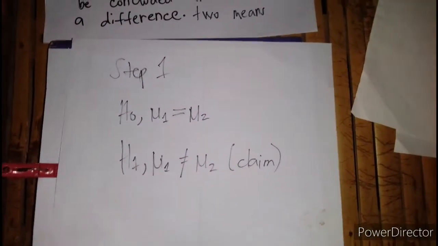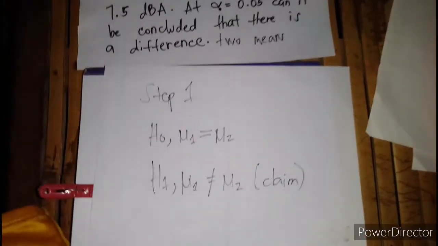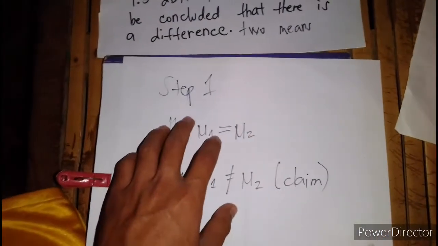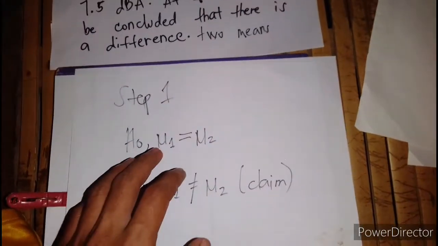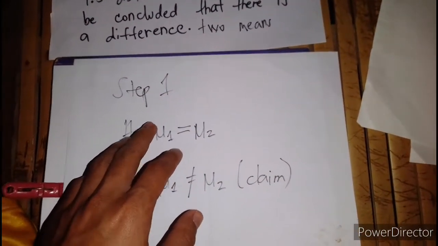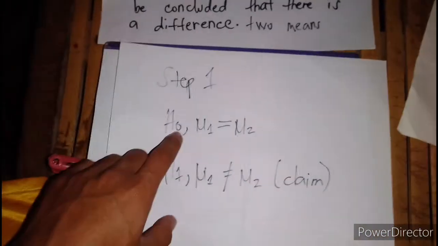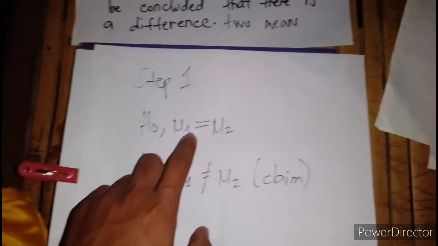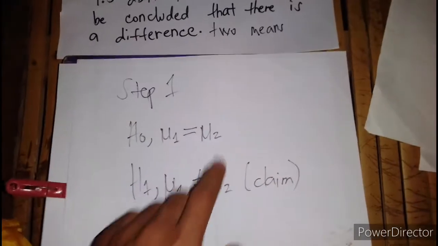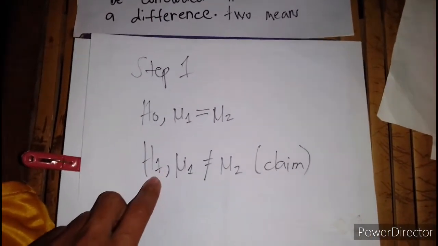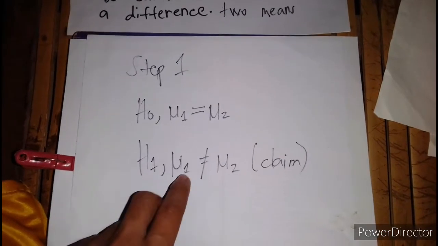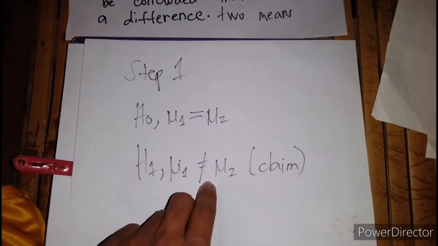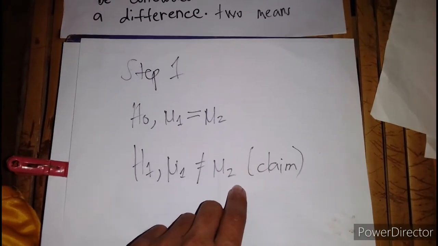Let's have the solution. So the first thing that we need to do is step 1: state the hypothesis and identify the claim. So null hypothesis, always assume that the first population mean and the second population mean are equal. Then the alternative hypothesis, the first population mean is not equal to the second population mean because according